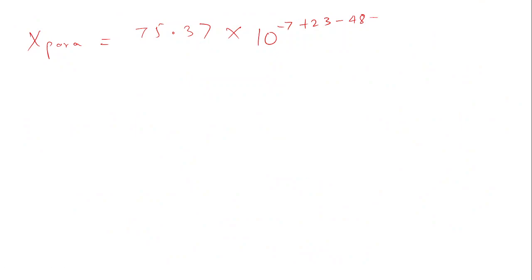That's it. So this will be 75.37, 10 to the power, let's calculate, minus 7 plus 23 minus 48 plus 23, minus 9. And if I shift the decimal point, it will be 7.54 times 10 to the power